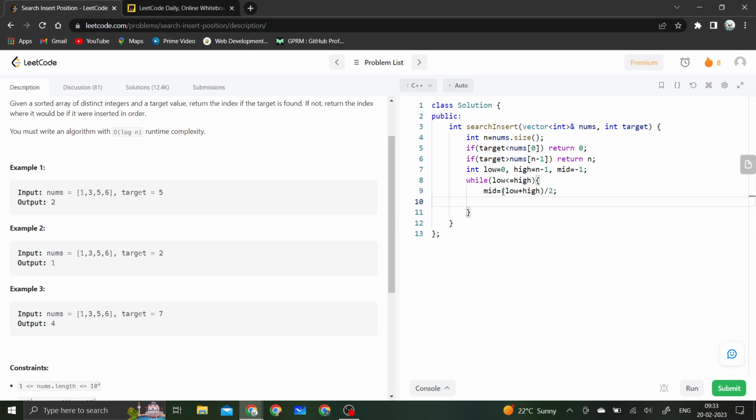Then we will check if the particular mid that we have found is equal to target, then we have to simply return it. That means the element exists and we have to return its position. So we'll say if target equals nums of mid, then we will simply return mid. Otherwise, we have to check